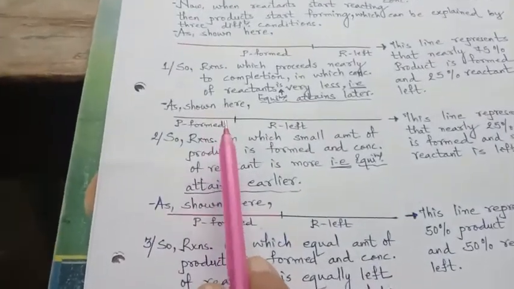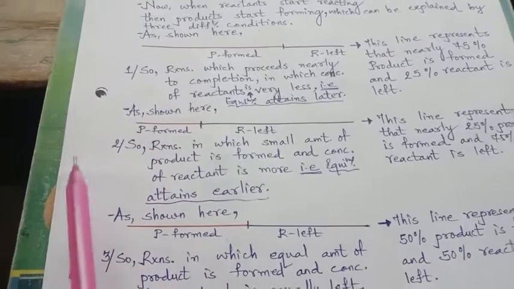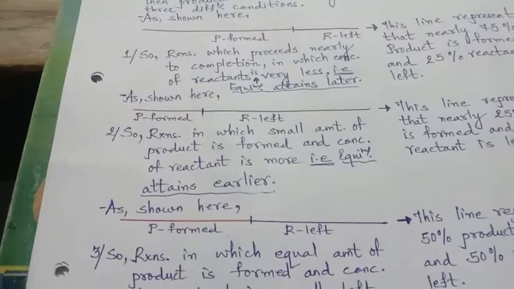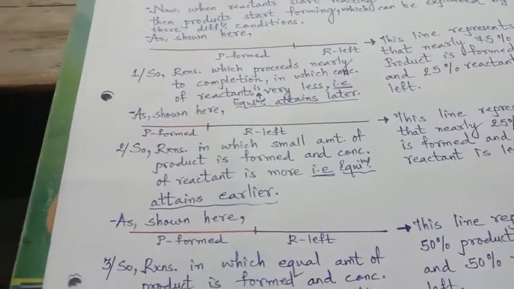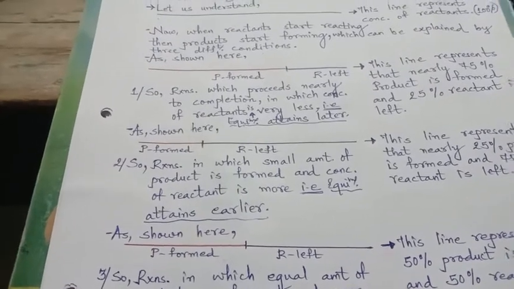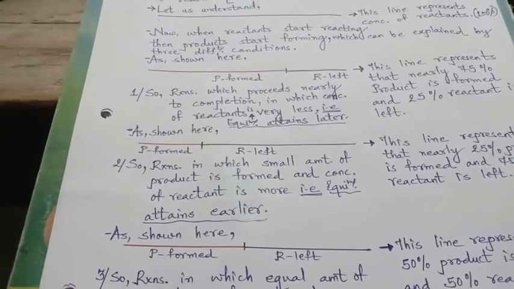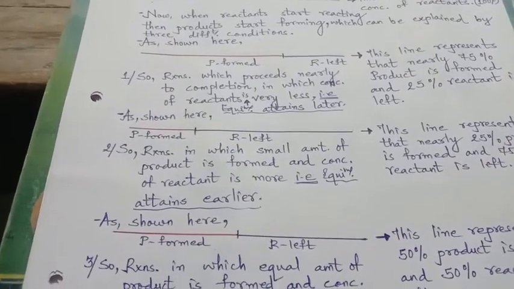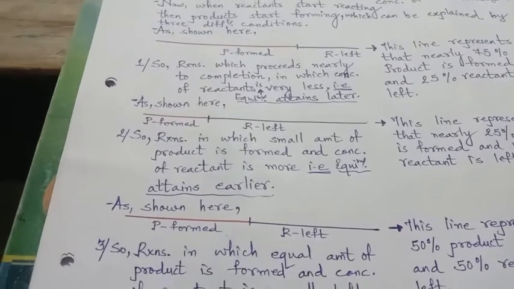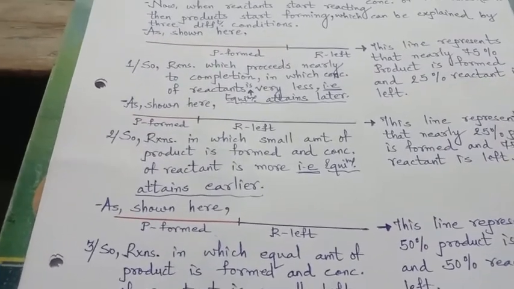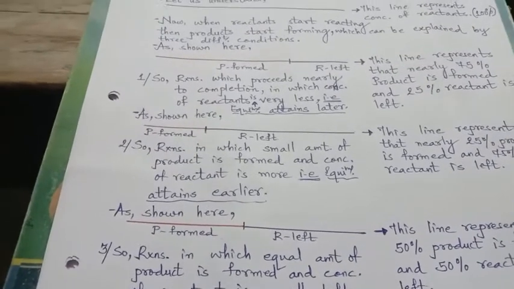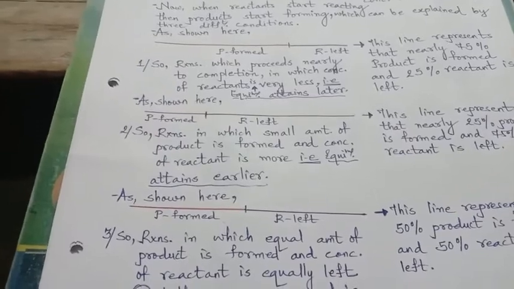Respective amount of temperature, respective amount of atmosphere, as well as the type of reactants, it should be optimized. Right? Now suppose a reaction is taking place on an iron plate kept in atmospheric condition. Think what happens. Because of the moisture present in the atmosphere, the iron plate will start getting rusted. Corrosion will take place. Now, do you think that this is the desirable product which we want?